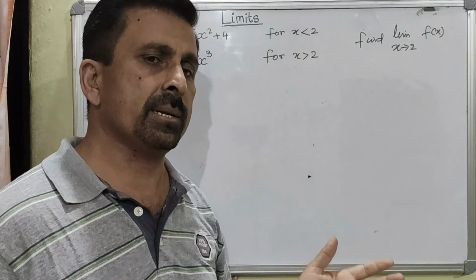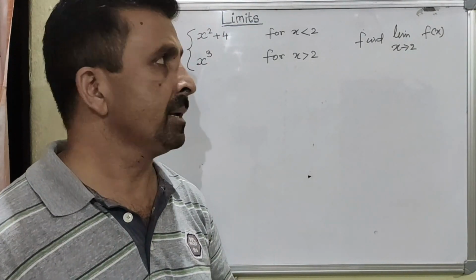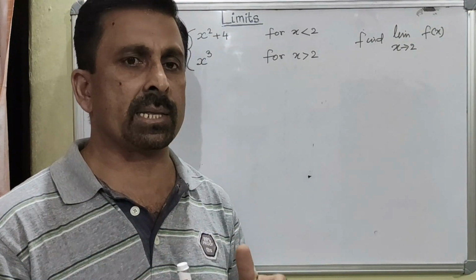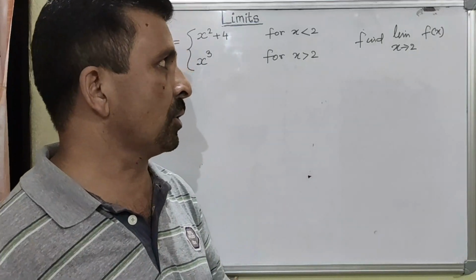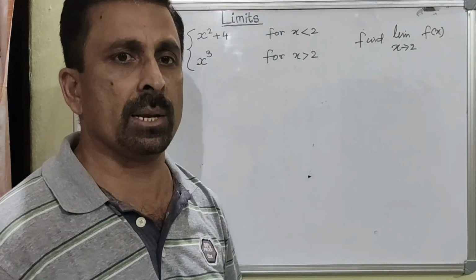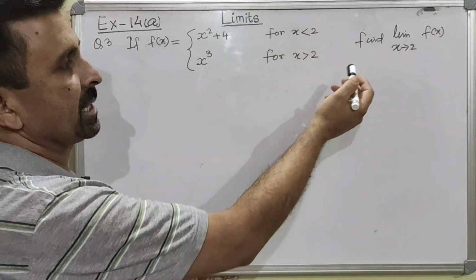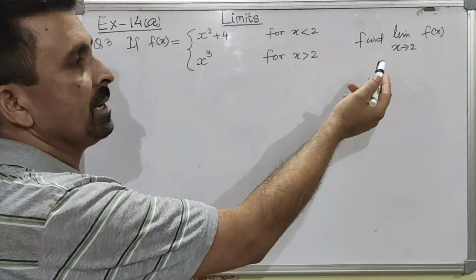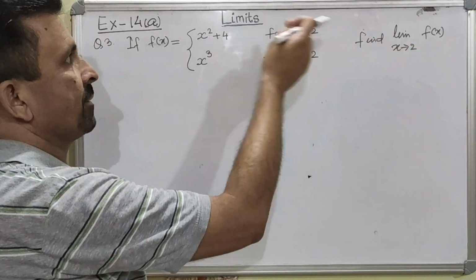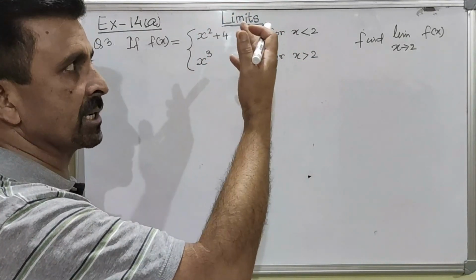We will calculate the left hand limit and then the right hand limit. Here, of course, they did not tell us to prove that the limit exists or does not exist, so if we find one limit it will be enough. But here we are going to find both the limits. Let us see how we can find the left hand limit and the right hand limit. To find this limit, we are given two different functions, so we are going to learn how to use the appropriate function.